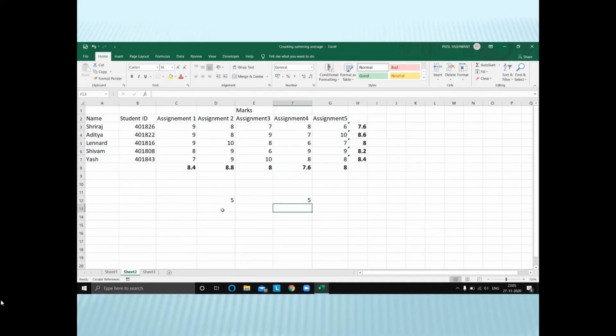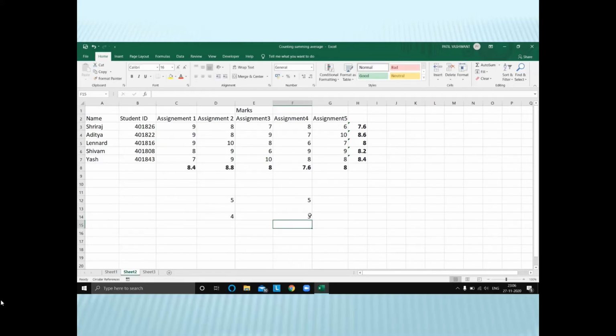Now, if I want to know the row number of a particular element, the syntax is just ROW. I'll select any element, say this one, close the bracket, press enter, and it tells me that it is the fourth row. Now if I want to know the column of an element, I use COLUMN, select this cell and close the bracket, and it tells me that it is in the third column.